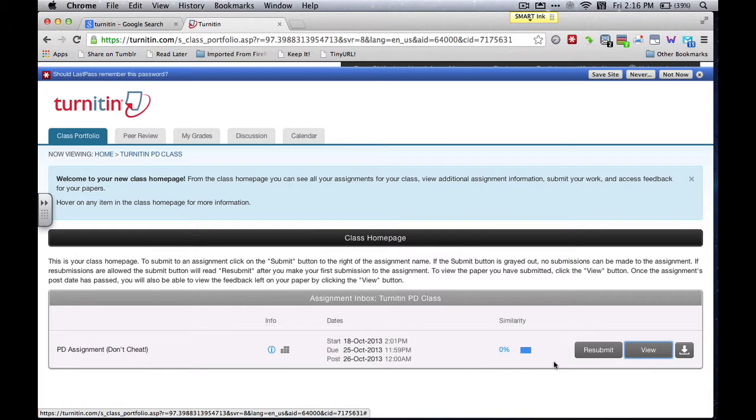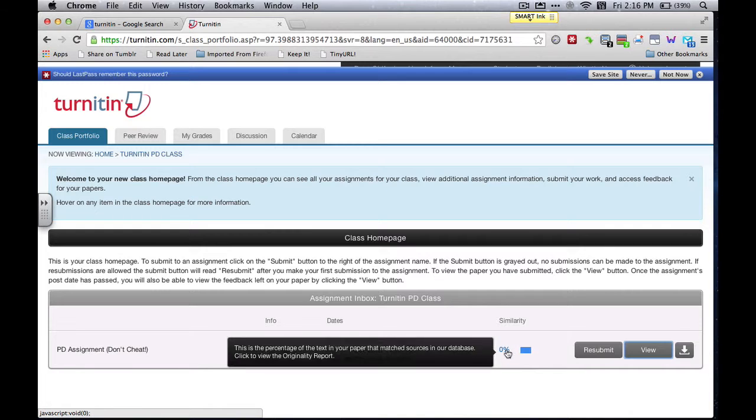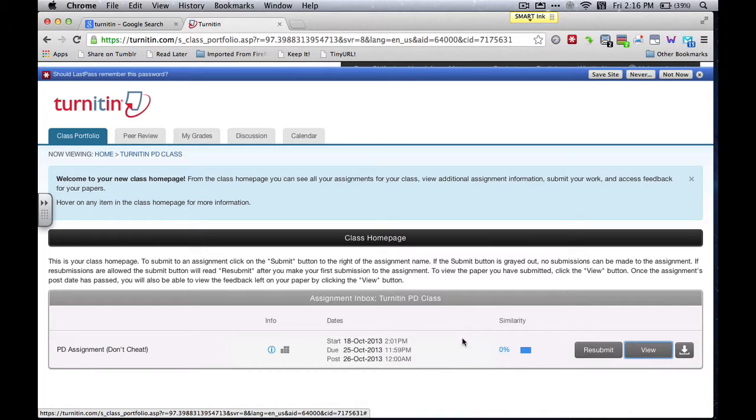Okay. I thought that was for the similarity. Yeah. Oh, this is actually the originality percent. But they would see a grade. Yeah, there's a grade that comes right beside. They would see the grade on the post date. So if I set the post date to now, I'd be able to see the grade. They can also see if you haven't put up the grades yet. So you might want to consider that when you're figuring out when your post date should be.